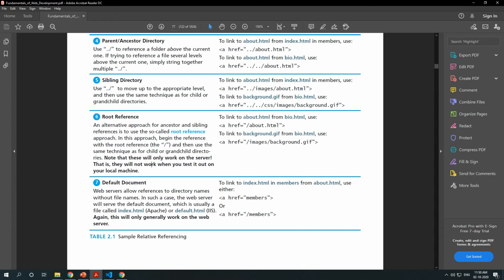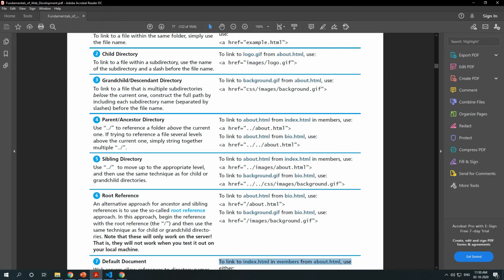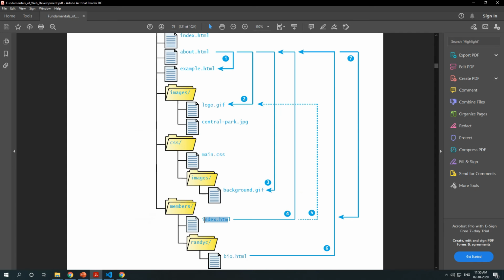The same thing applies for the default document: a web server allows reference to directory names without file names. In such a case, the web server will serve the default document, which is usually index.html or default.html. So to link index.html in members from about.html, see, we have an index.html in the members folder.